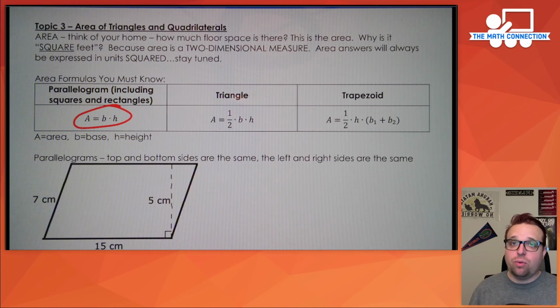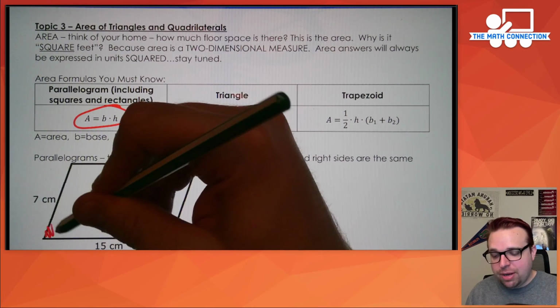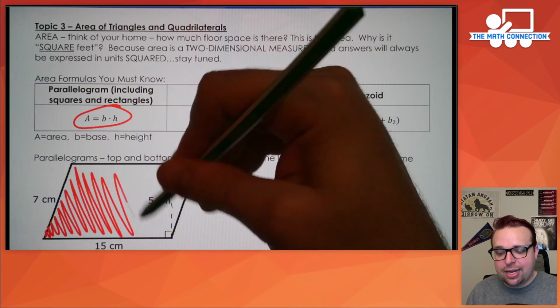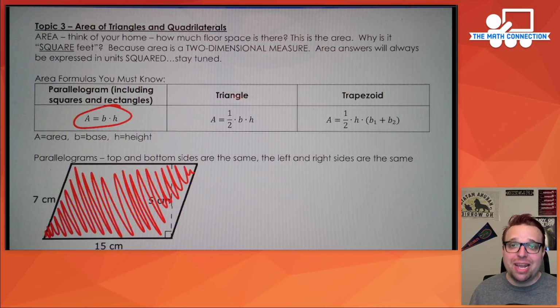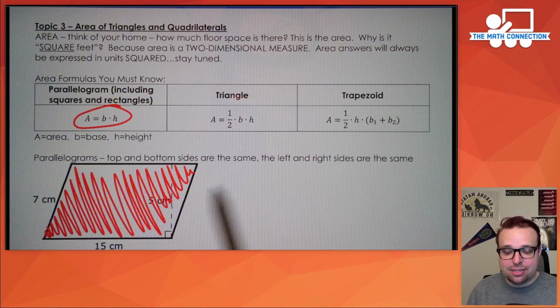And that includes squares and rectangles. Whatever the shape is, if it's a parallelogram, 4 sides, 2 pairs of parallel sides, okay, that's a parallelogram. You can find the area of that parallelogram. You can find how much space is inside here, all the stuff that I'm coloring in right now. You can find how much space that is by multiplying the base times the height. Okay,